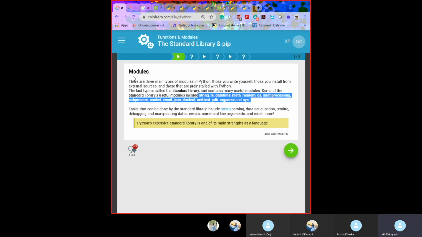And the other one we have to write for ourselves, like we are importing the file, as we imported Max, written ourselves with a .py extension, that we are importing.